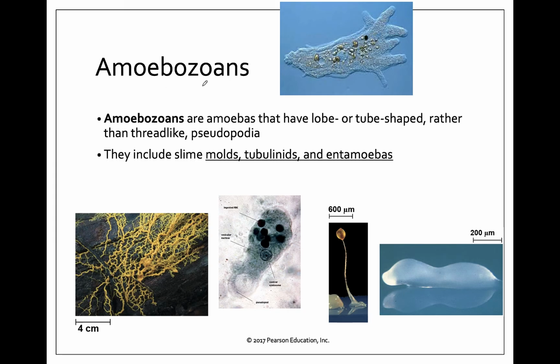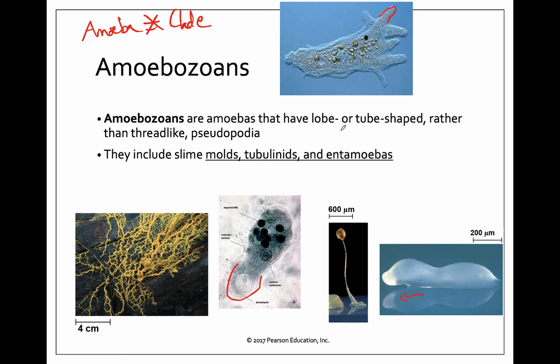So these amoebozoans are grouped together based off of genetics, but also based off of this body shape where they get this name. So the word amoeba is not a clade. Right? Amoebas are not a clade. Amoeba describes a type of body shape and movement. So all of these amoebas are going to have some kind of pseudopod, right, that's able to reach out, and this kind of very slow creeping movement, which is called amoeboid movement.